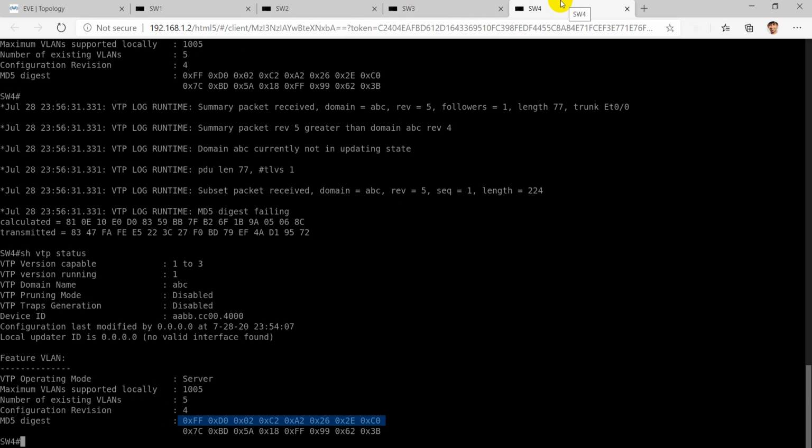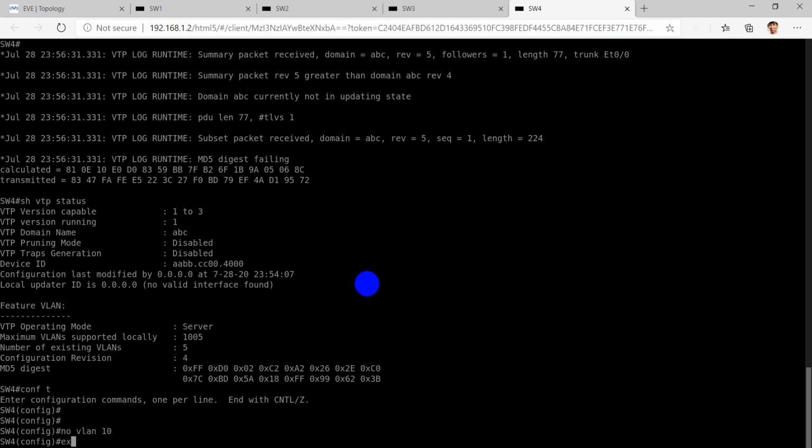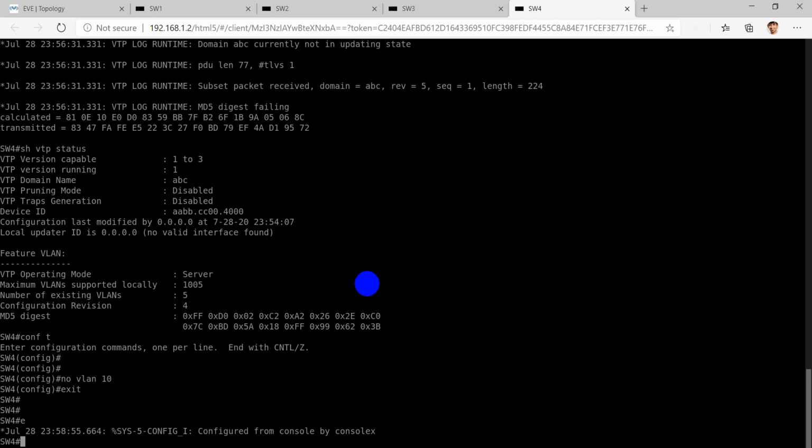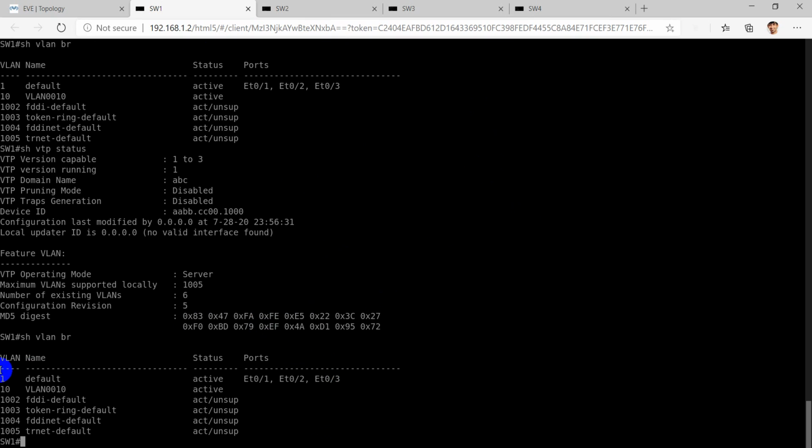We have not given the VTP password ABC123 onto this switch. So this attacker switch is not aware of the VTP password. Hence, this switch won't be able to do anything. So let's try deleting VLANs. So conf t, no VLAN 10. So you will see here that no information is propagated to this switch. Show VLAN brief. You can see the VLAN 10 is here and now our network is secured by VTP password.